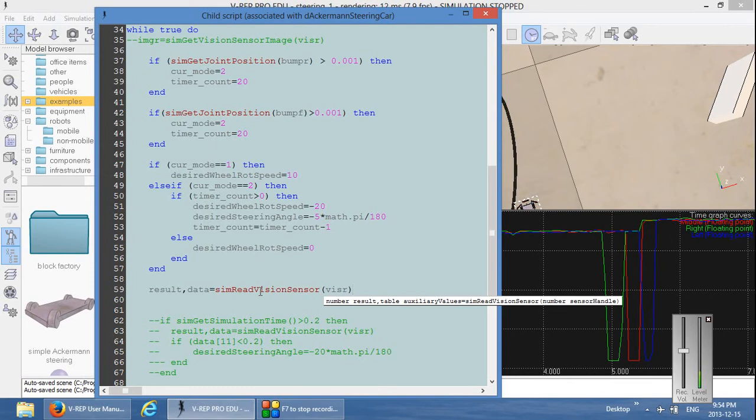The following function returns two variables, result and data. In data, it stores a whole bunch of information about the vision sensor, and the result will show you, I believe, just a boolean or a number, 0 or 1. Now this is where it gets a little bit complicated. To find out what the sim read vision sensor returns, we're going to have to check out the VREP manual,